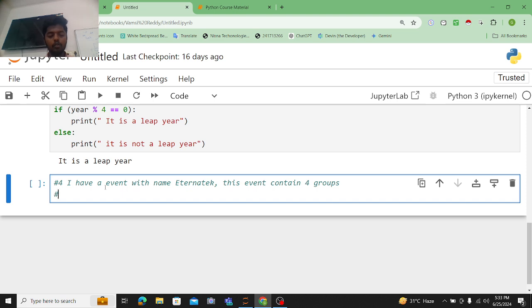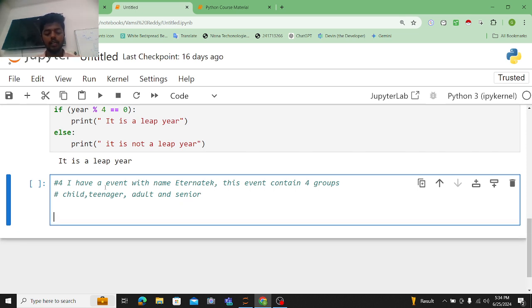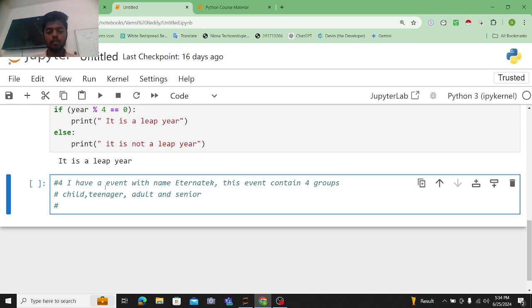The names of the groups are, first one is child, second one is teenagers, third one is adult, and fourth one is senior. So the first group name is child, second group is teenager, third group name is adult, fourth group is senior. So here the conditions are, the age of a person,